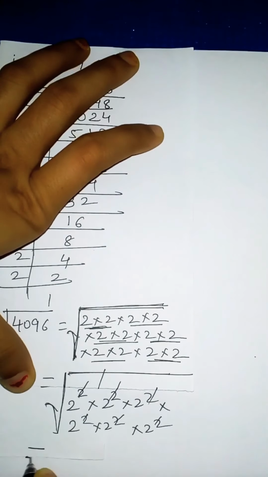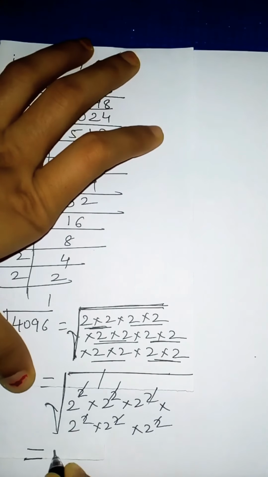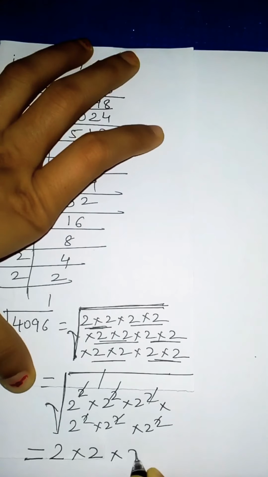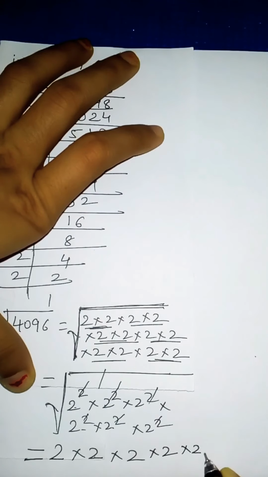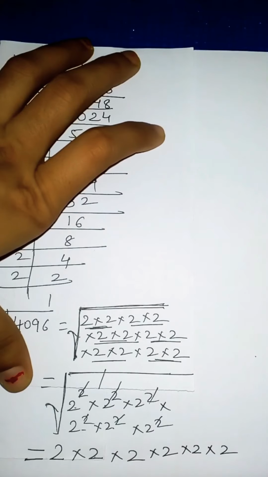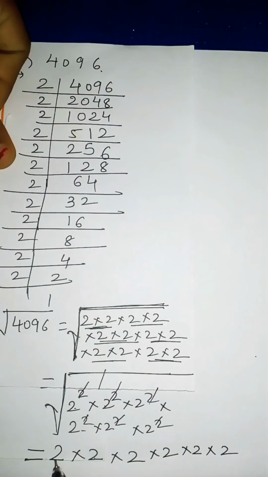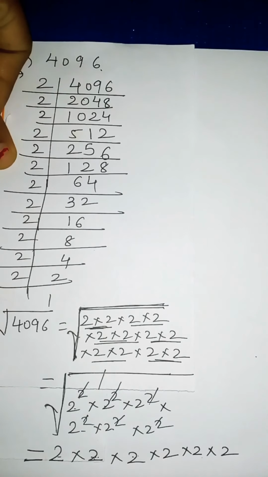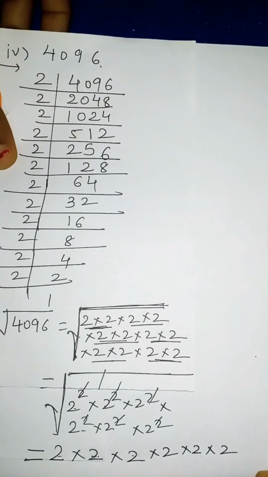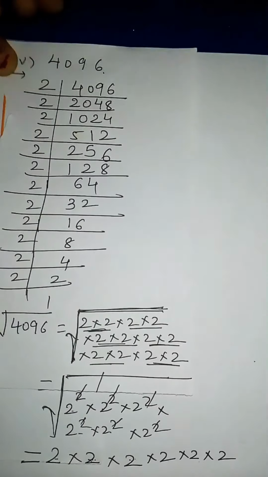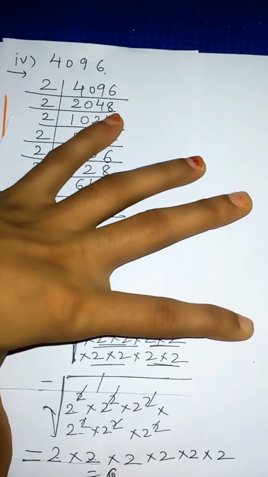Now what is left? Now we have to write single digits. So 2 left into 2 left, again into 2 left, 1, 2, 3, 4, 5 and 6 times 2 left. So now we will multiply this. 2 2s are 4, 4 2s are 8, 8 2s are 16, 16 2s are 32 and 32 2s are, if you don't know, you can multiply on the side, it will be 64. So our answer is 64.